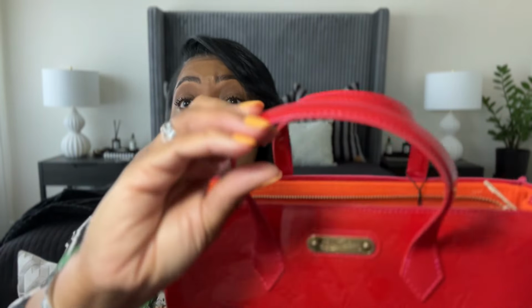And when I say this bag is in very, let me not even say very good condition, excellent condition. When I looked up this bag, and I'll put the name of it on the screen because I actually can't remember the name of it, so it'll be here on the screen. The condition of those bags were horrible, okay? And I mean, look at